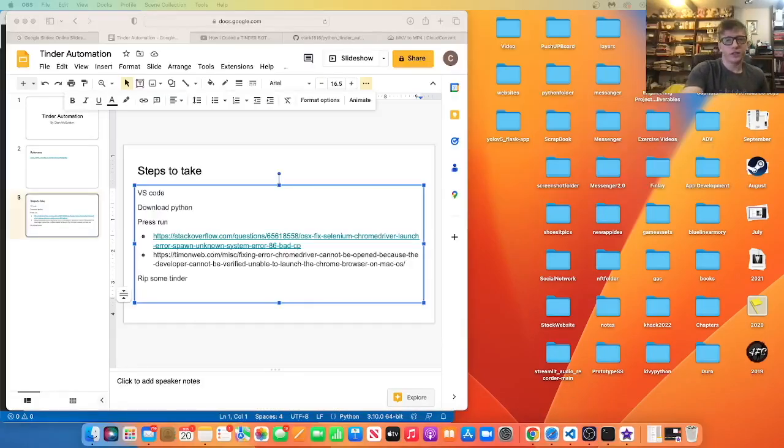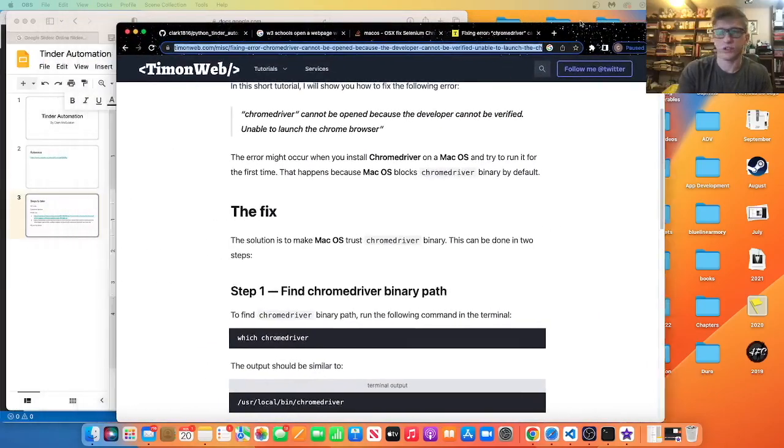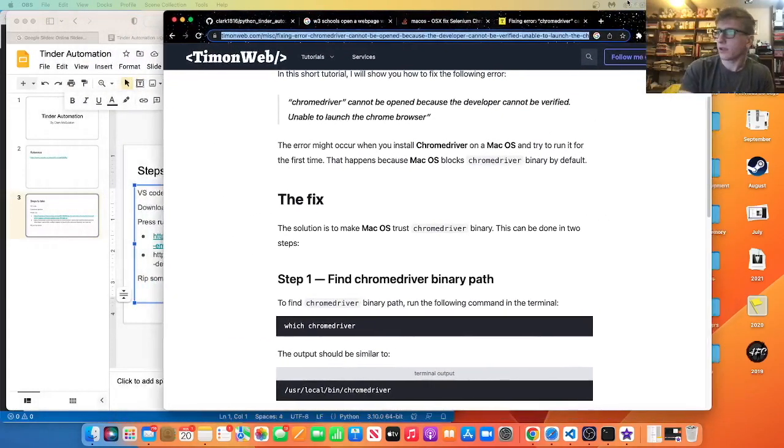I ran into a slight problem when I was trying to run it, because this was coded on Windows and then converted to Mac, because my Mac has a good mic for making videos, while my Windows, I like Windows for coding and stuff. But I was able to figure it out. I added these 2 links, so if you check them out, they'll show you how to. So if you're running on Mac, you might run into the same issue I just ran into on the last screen. To fix it,